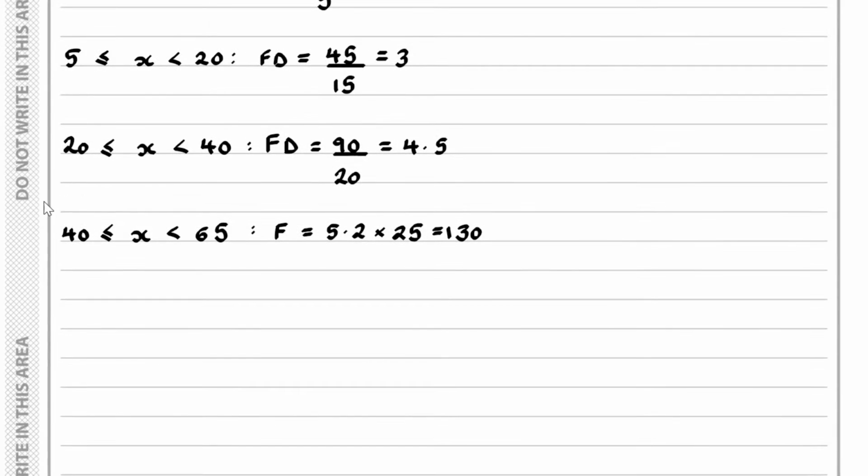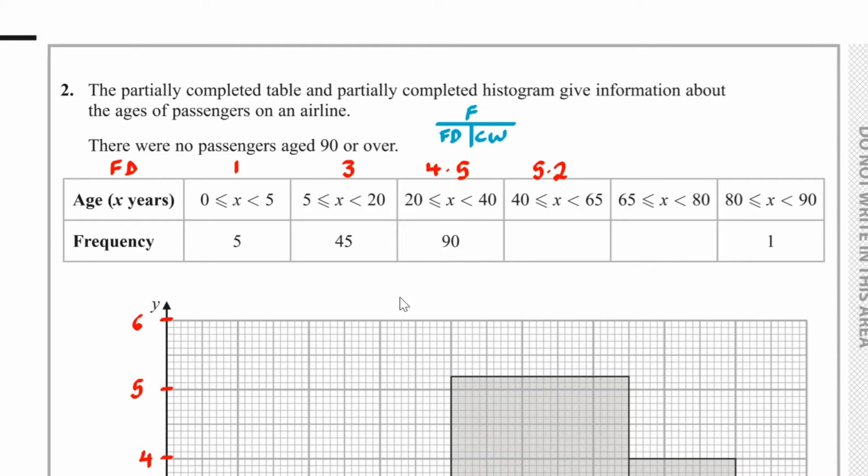So if I focus on the interval 40 to 65, the frequency is equal to 5.2 multiplied by 25, which is equal to 130. So we've got 130 for the frequency, and if I add this on,